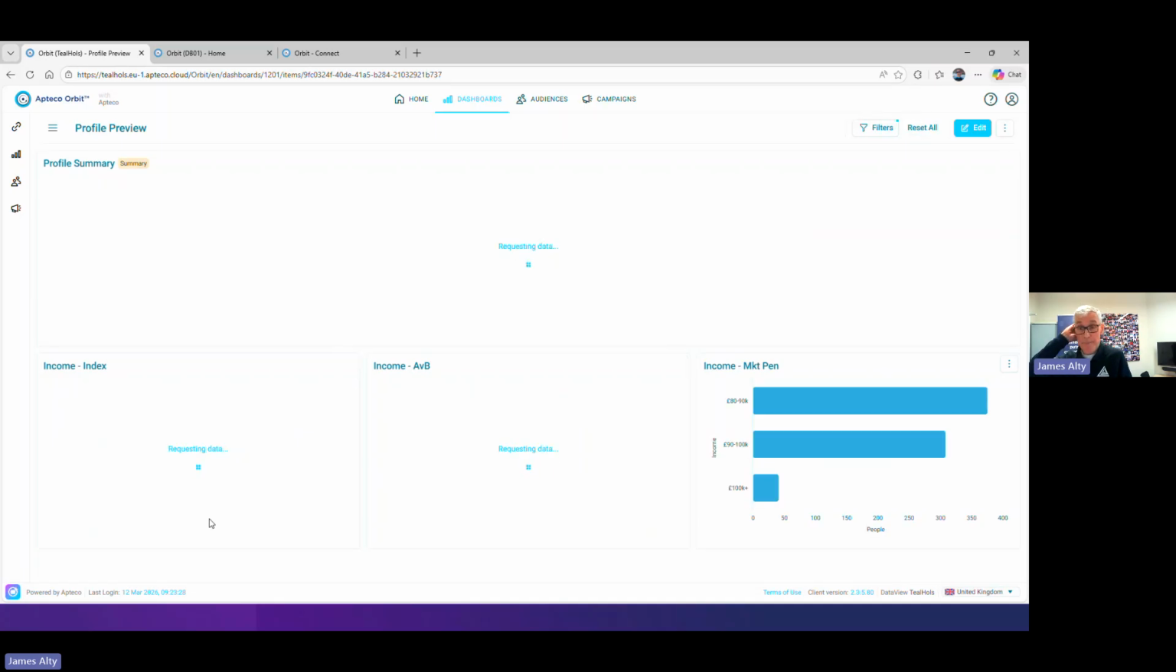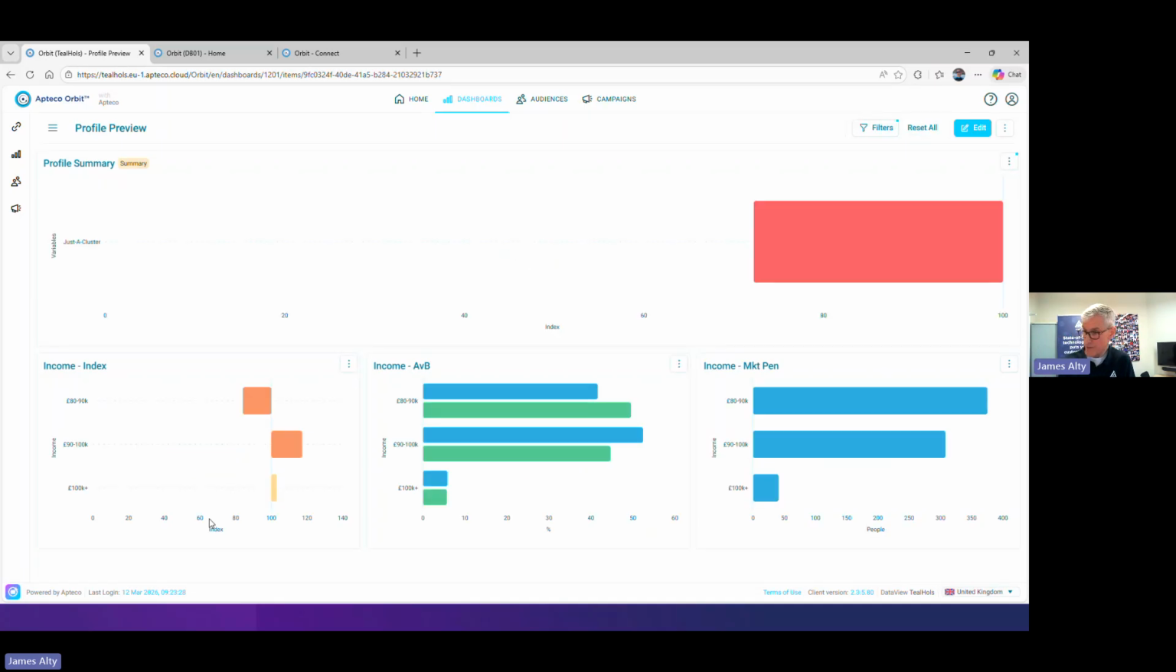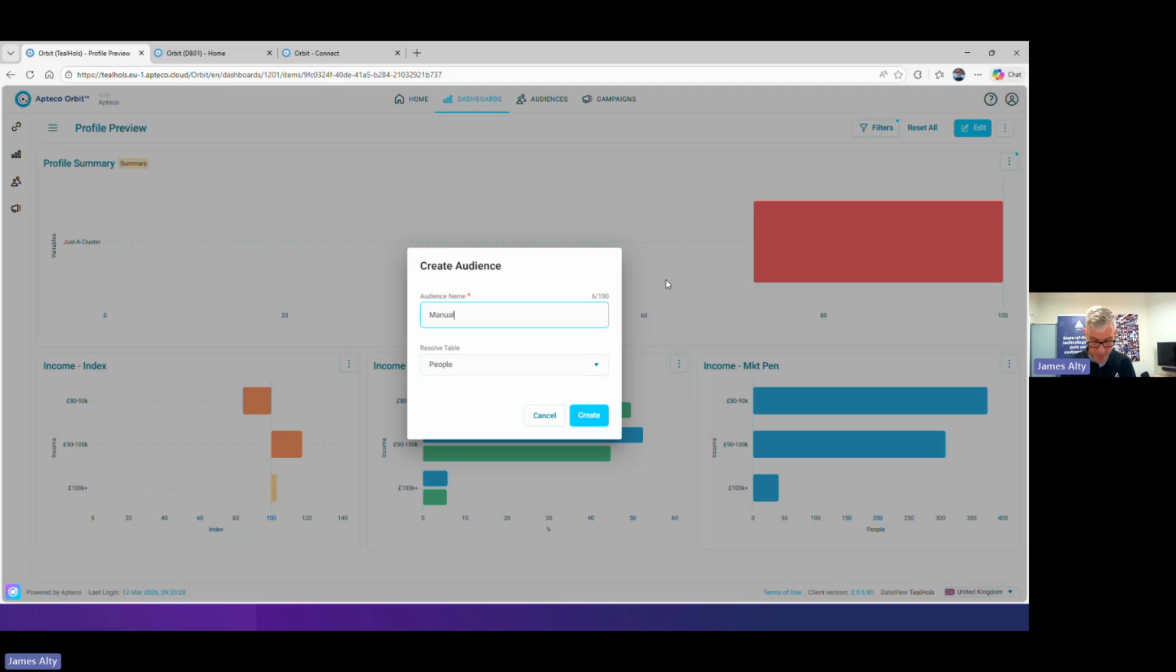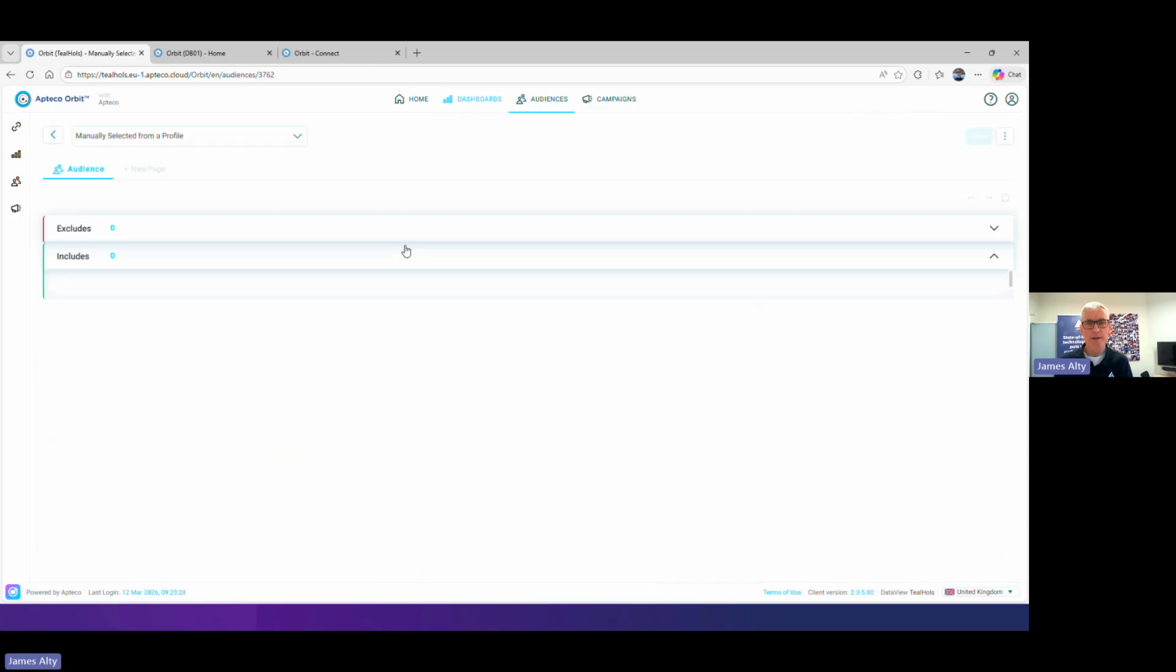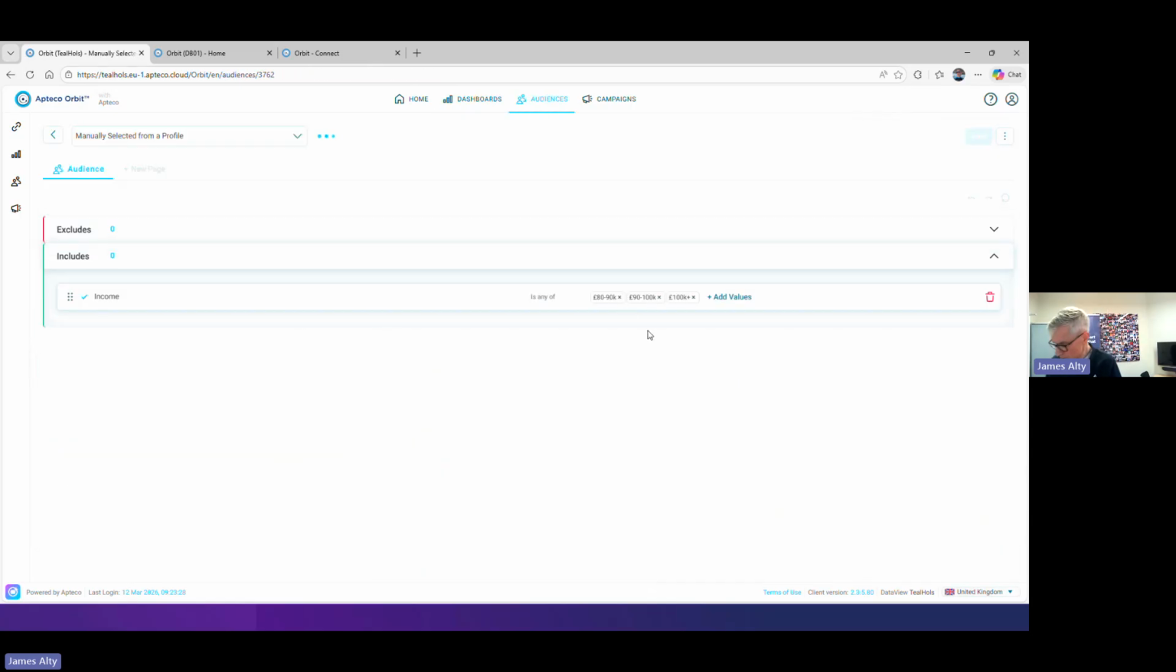Now, in this case, it will amend the analysis filter that we're working on. So it's amending the group that we're working on. But the most salient point is you can have other types of tiles on a dashboard, and you can also create an audience from here. So manually selected from a profile, choosing a set of people, and off it goes. It will create that audience for me, and you will not be surprised to see it's a very simple selection of